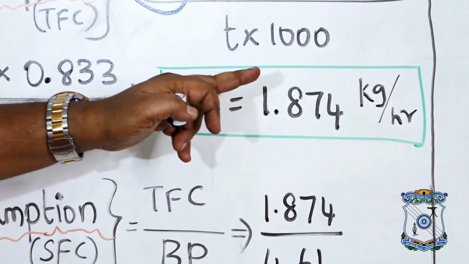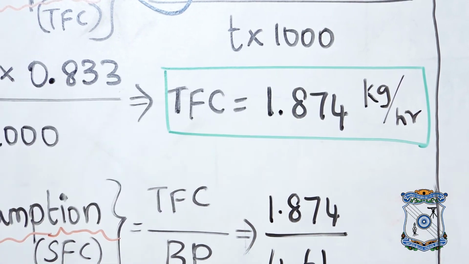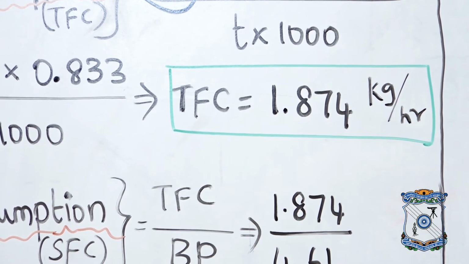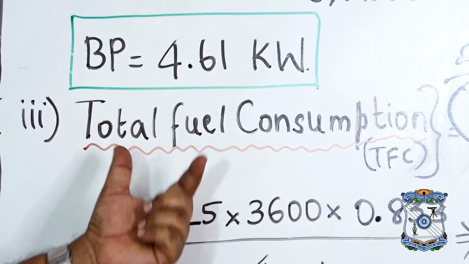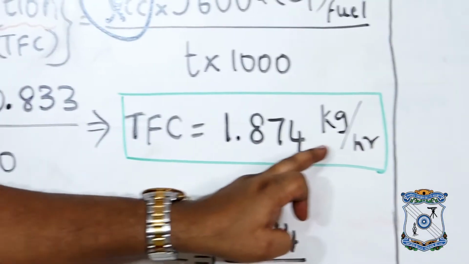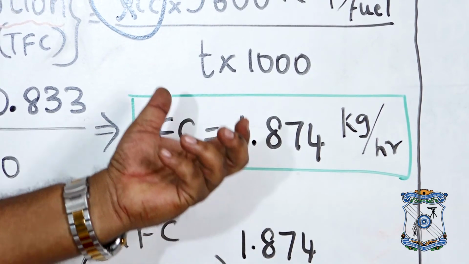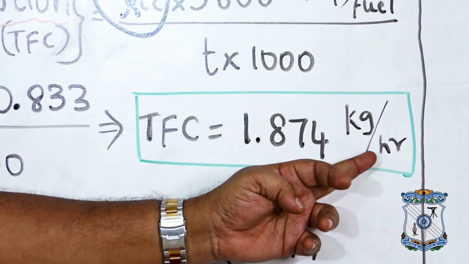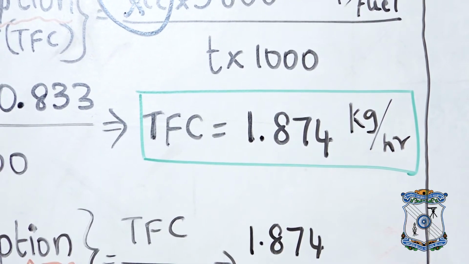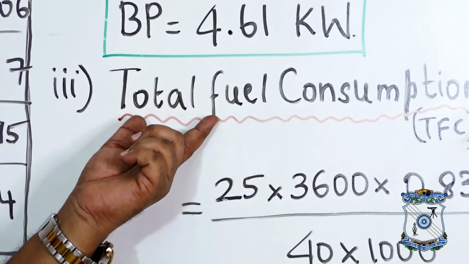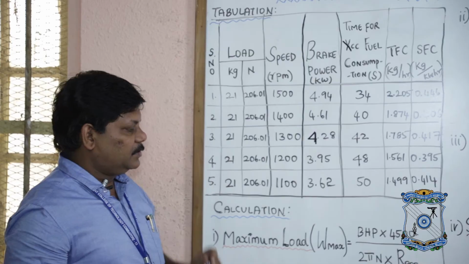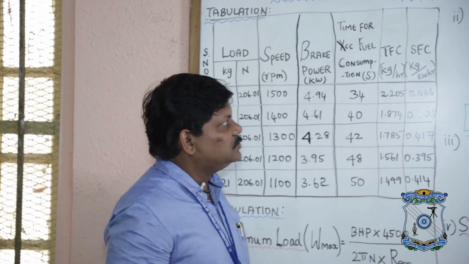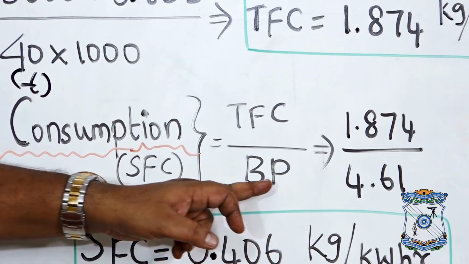So TFC is equal to 1.874 kilogram per hour. That is the unit for total fuel consumption. You can define the total fuel consumption as the amount of fuel, so kilogram refers to the amount, consumed per hour. And when you go for specific fuel consumption, it is given by the formula TFC divided by